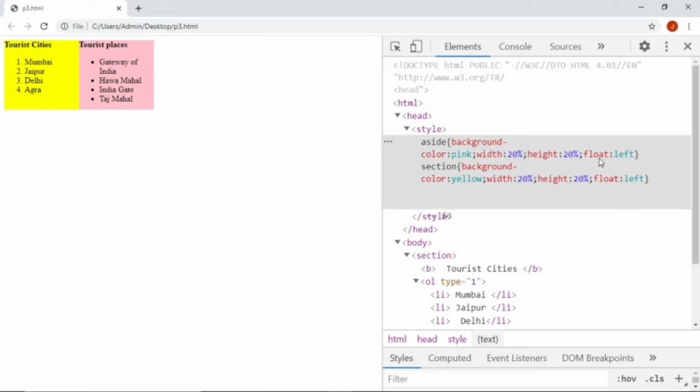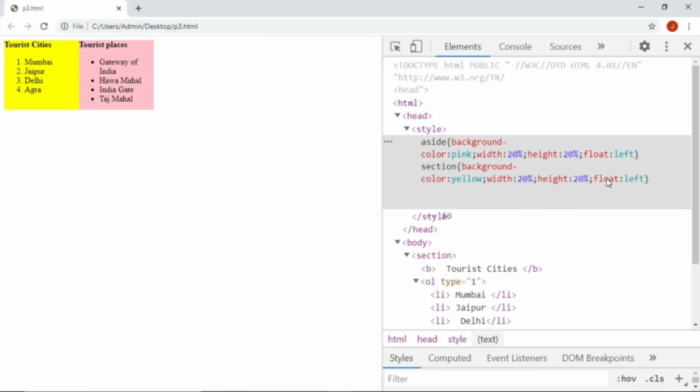As I have already learned, float will force the element to its left or to its right position. So here we are forcing the element to the left, and then we have declared an element selector for section with the background color yellow, width 20%, height also 20%, and float left.